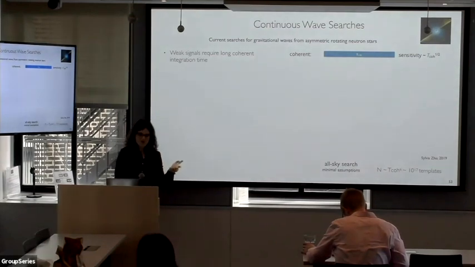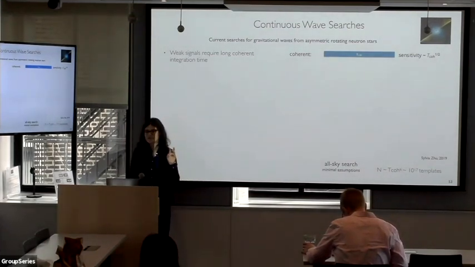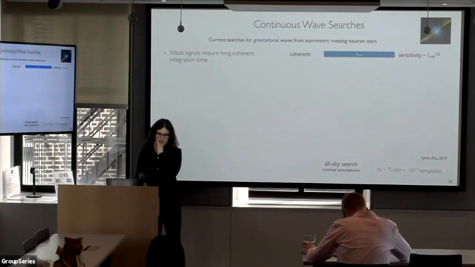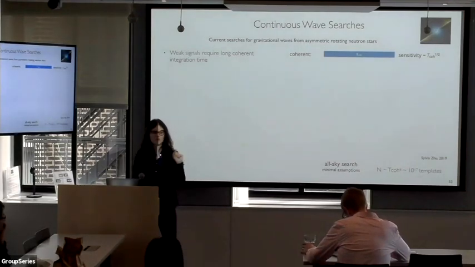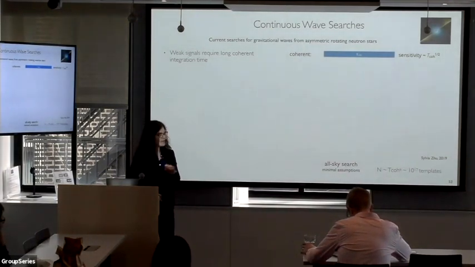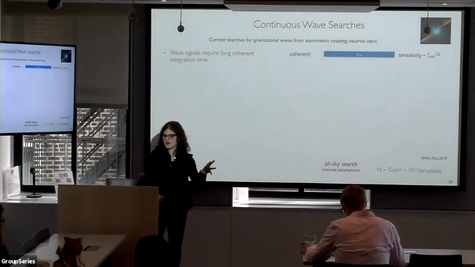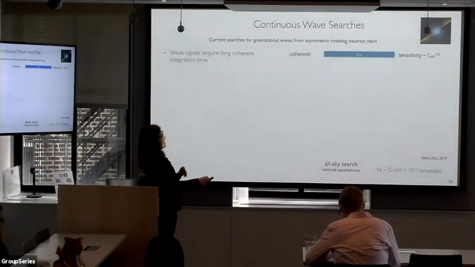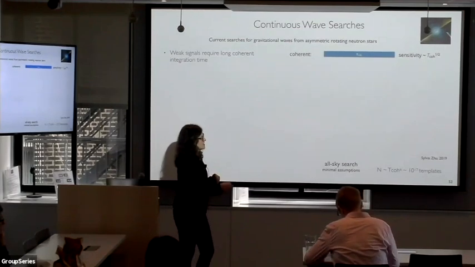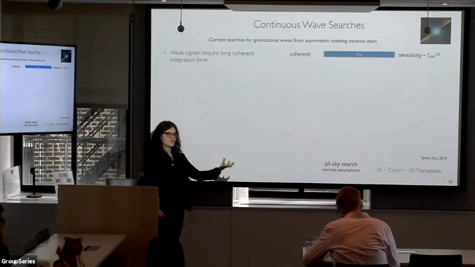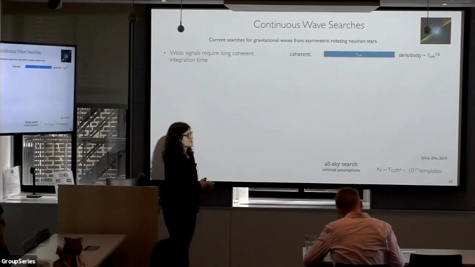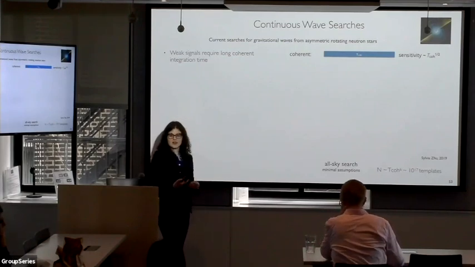The physics motivation has been coming from asymmetric rotating neutron stars. So if you have a neutron star that's rotating, that's not perfectly azimuthally symmetric, it will source a continuous sinusoidal signal at twice its rotation frequency. And even though these signals are very, very weak, since they're very simple signals that are coherent over long times, you can integrate for a long coherence time and gain in your signal to noise as a function of the square root of the integration time. So compared to the solar mass black hole mergers, which are under a second long, you can integrate for hours or even days and gain a lot of sensitivity.